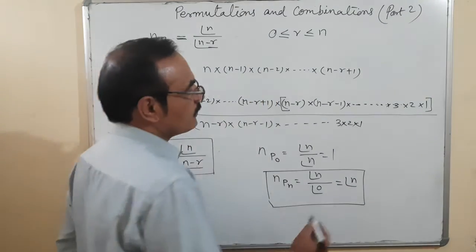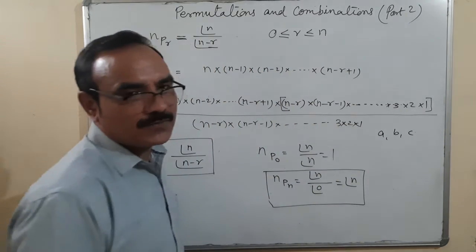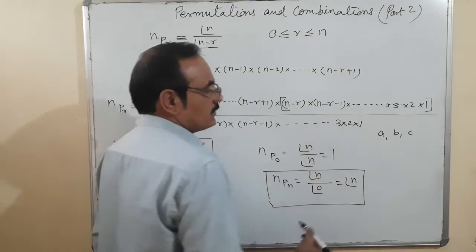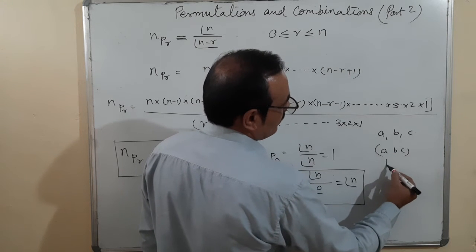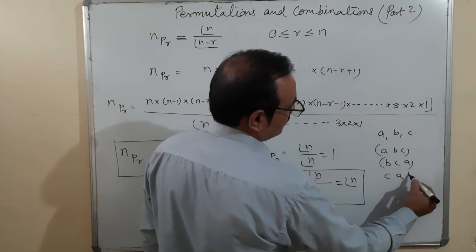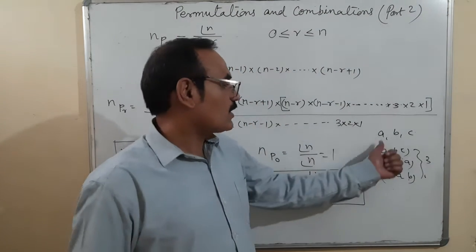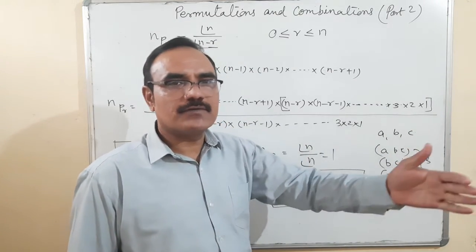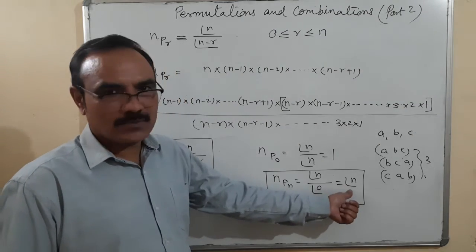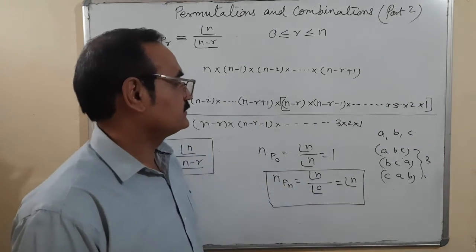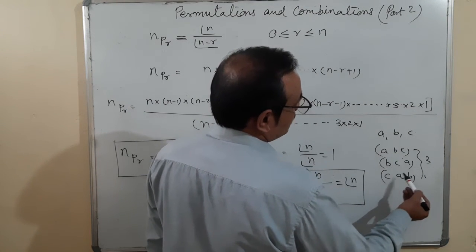Do you know how? Suppose you have 3 objects, A, B, C. And these 3 objects we are going to arrange in a definite order. So in total how many arrangements are there? ABC, BCA and CAB. 1, 2, 3. So the number of objects is 3 and they are arranged in 3 different ways. Number of objects is n to be arranged in n different ways. The answer will be factorial n.